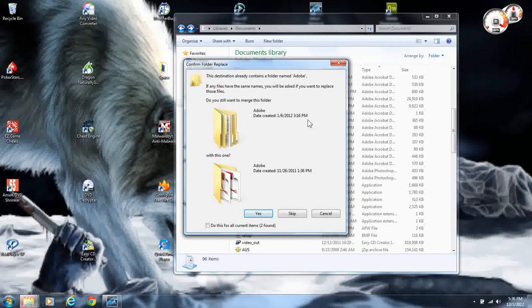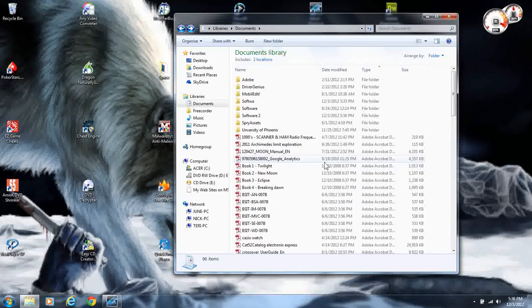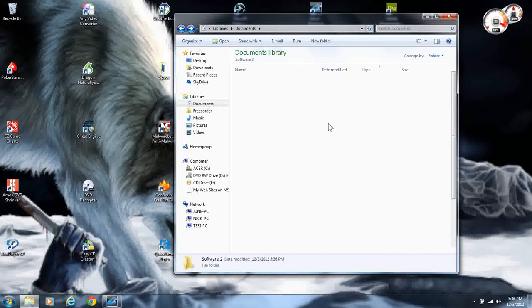And of course I have a message here, and of course I'm going to skip it, and I'm going to skip the second one because I have a lot of duplicate folders and everything. Then I will go inside Software 2,